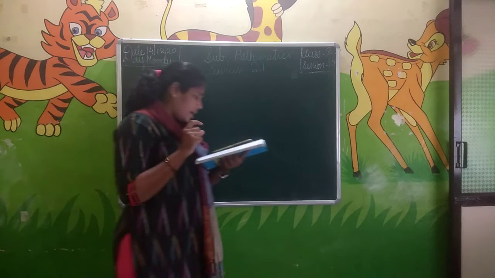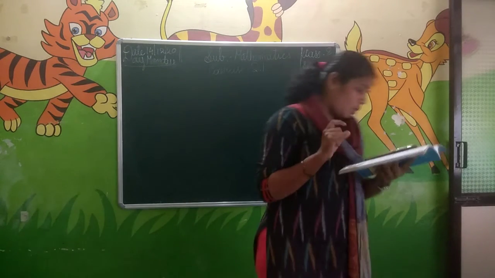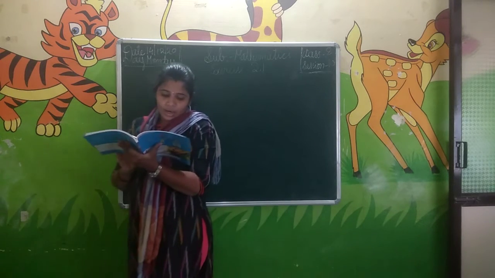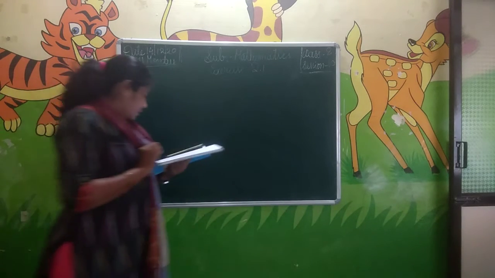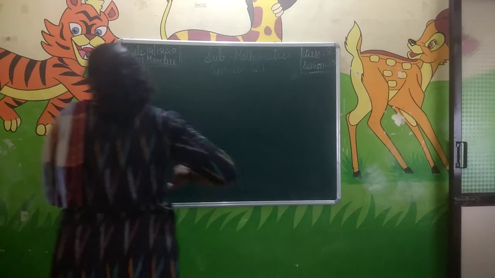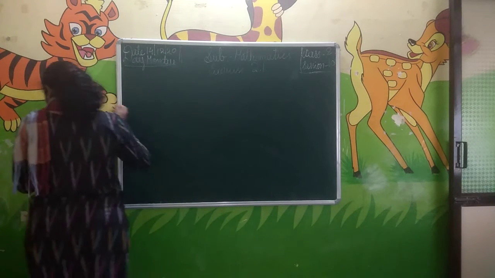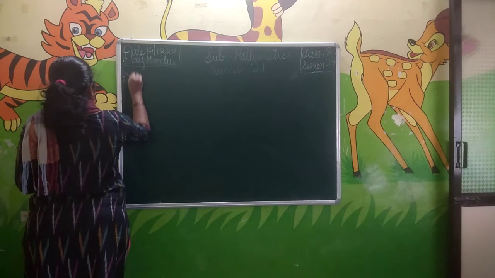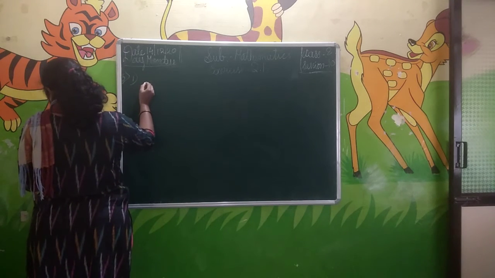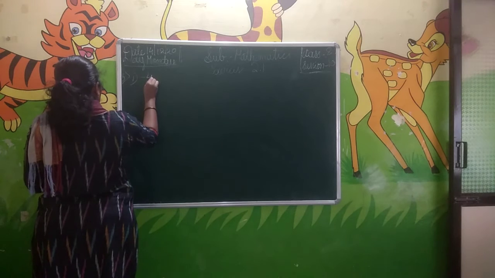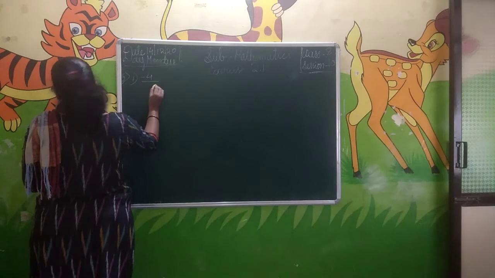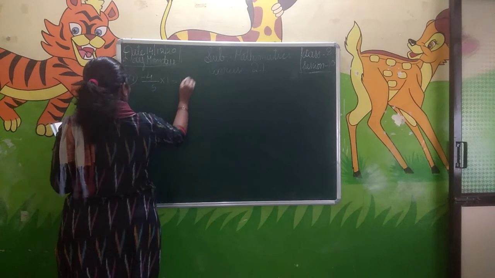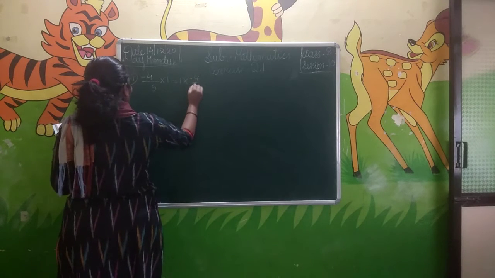In this exercise, I had done up to the fourth problem, that is, find the multiplicative inverse of the following. Now I am starting the next one, that is, name the property under multiplication used in each of the following. In this we have to write down which property has been used in each of the problems. First problem is minus 4 by 5 into 1 is equals to 1 into minus 4 by 5